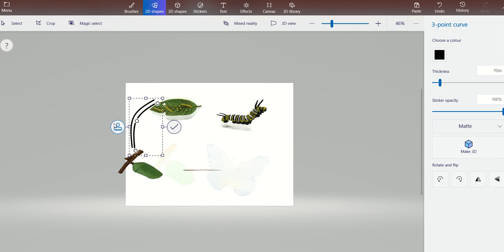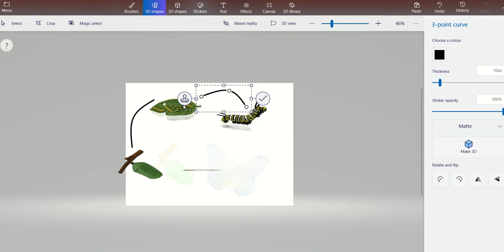So I will click on this stamp option, and now it has created an additional line, which I can drag over here, so it should come like this. Let me bend it, and then I can always adjust it.